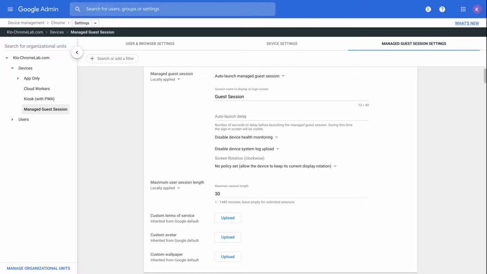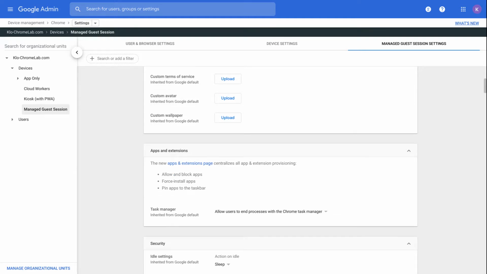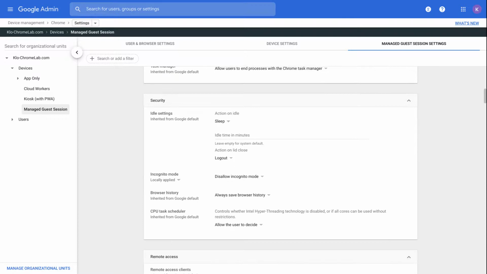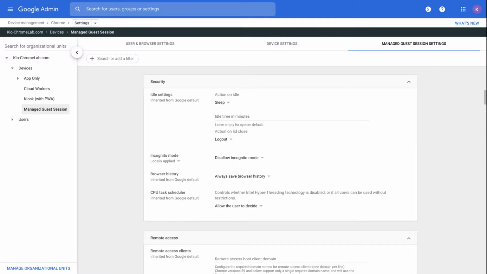You have the possibility to change the maximum user session time, add a specific avatar, wallpaper, and so on. You can manage apps and extensions as seen previously, allow or block specific apps, force install apps, pin apps to the taskbar. In terms of security, you can change the idle setting compartment or enable or not the incognito mode, allow or not the browser history, and so on.